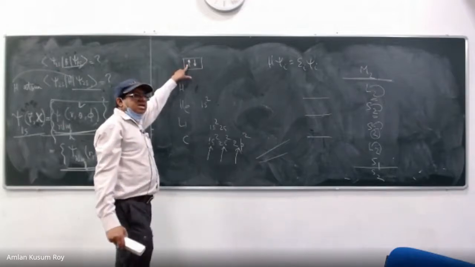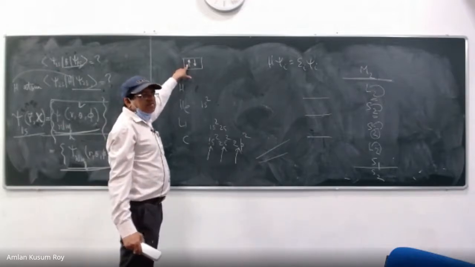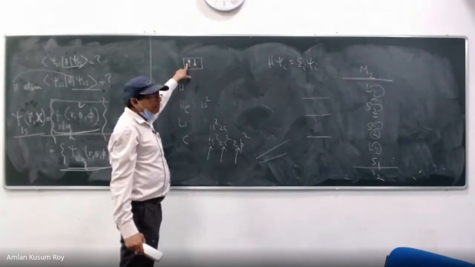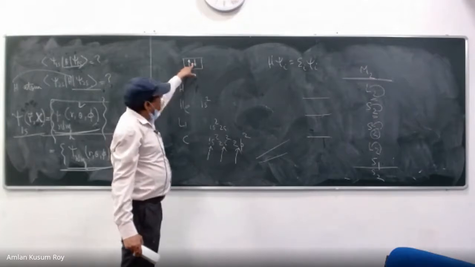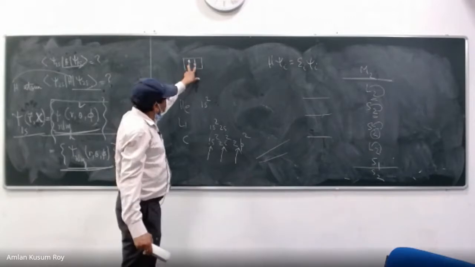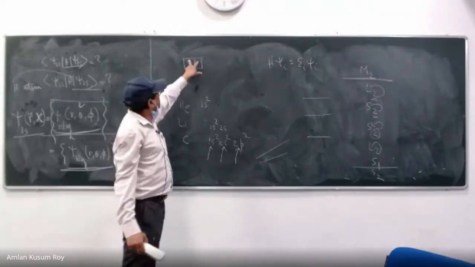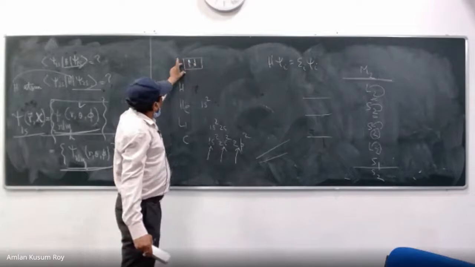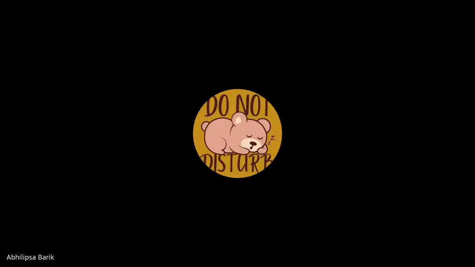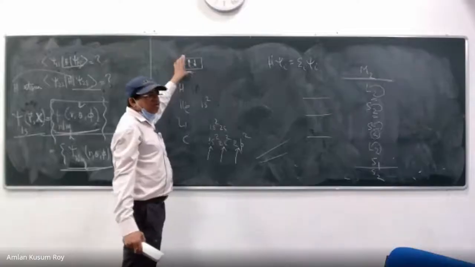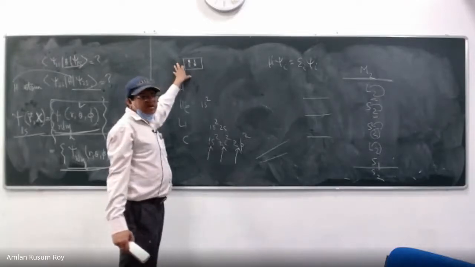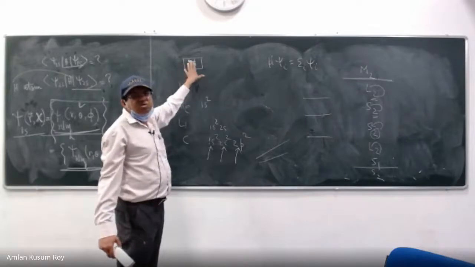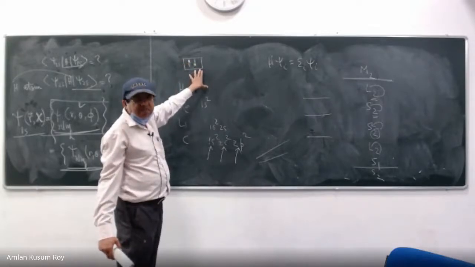This electron is described by a function which is a spin orbital. This other electron is also described by a function which is also a spin orbital. But when I put the two electrons in a given orbital, because it is two electrons with the same space part but two different spins, I simply call it a spatial orbital. A spatial orbital can take two spin orbitals. Is that clear?